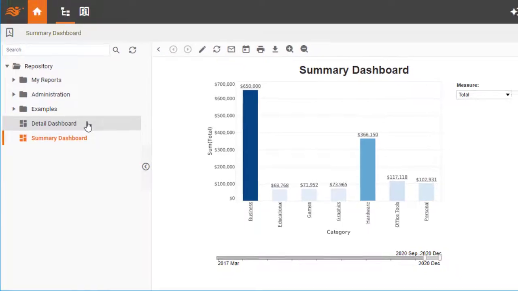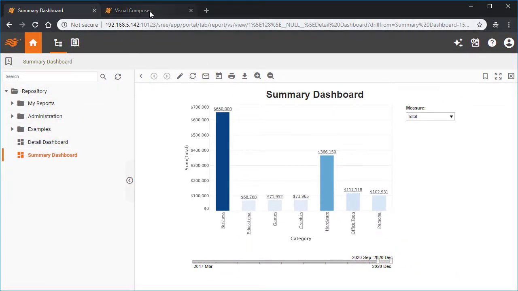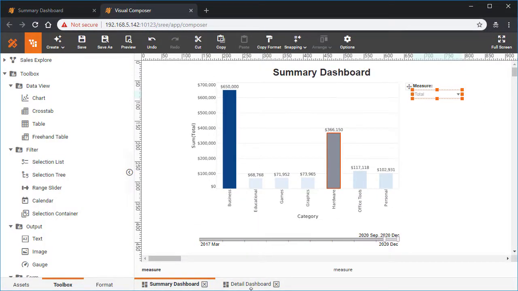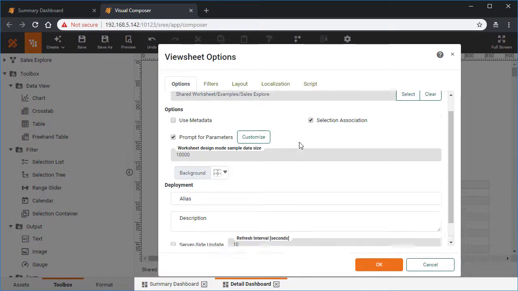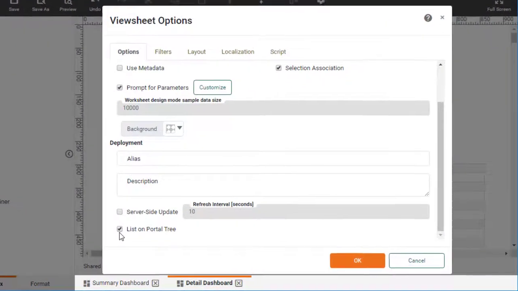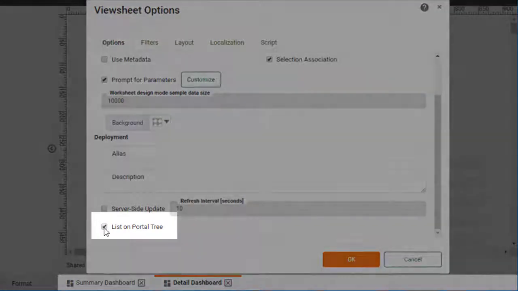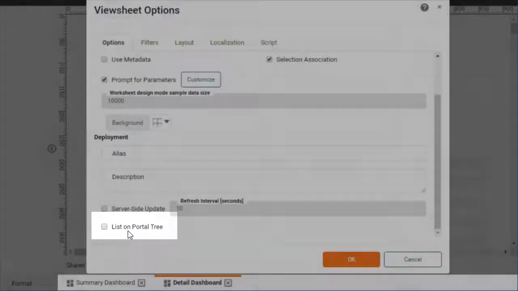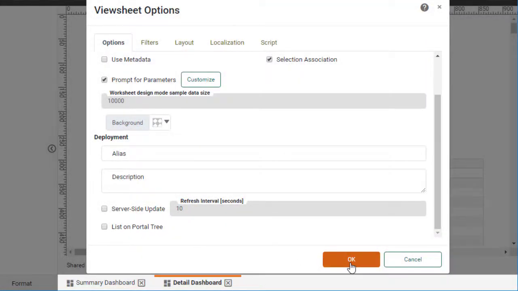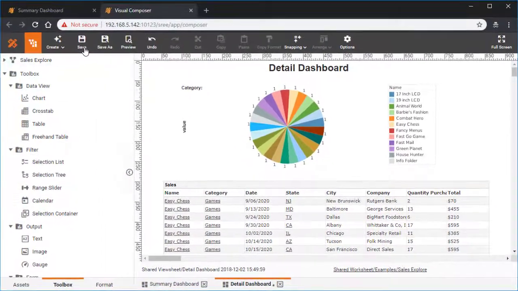To hide a dashboard in the repository, return to the Dashboard Design view, in this case the design view of the detail dashboard. Press the Options button in the toolbar, and disable the option called List on Portal Tree. This is the option that controls whether a dashboard is visible in the repository listing or not. Press OK, save the dashboard,